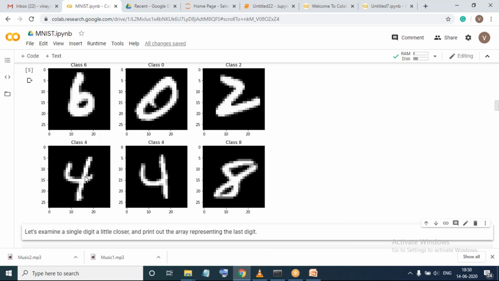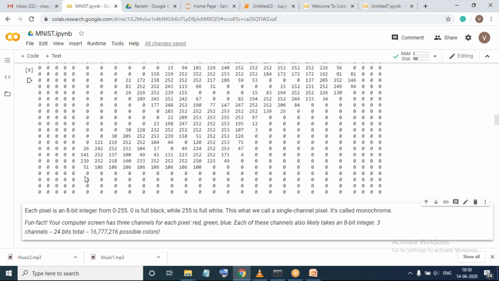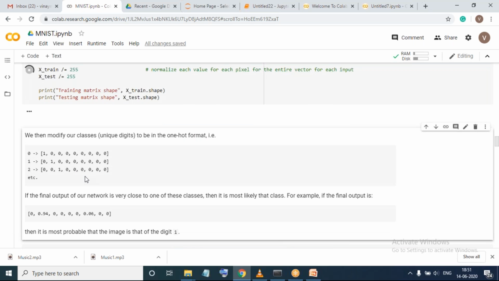We'll try to plot the downloaded things, the matplotlib thing, which I told just now. Then we will see what is the last data which we have. Then we would like to format the input layer into an array. So this is where we have formatted the input layer into an array.